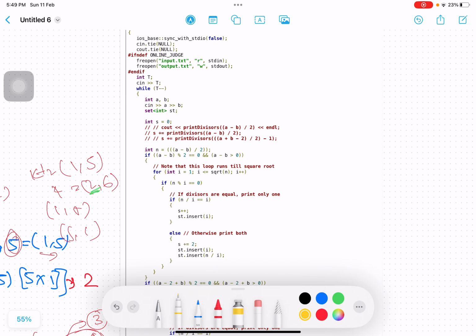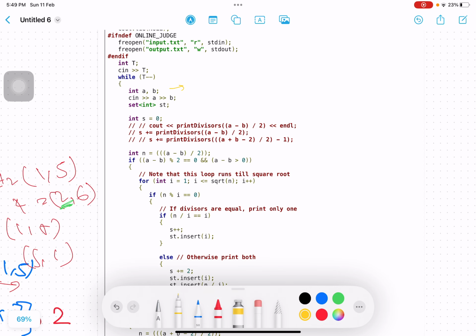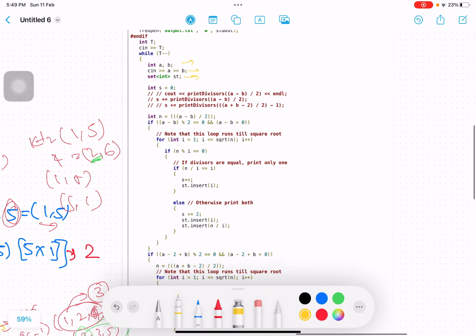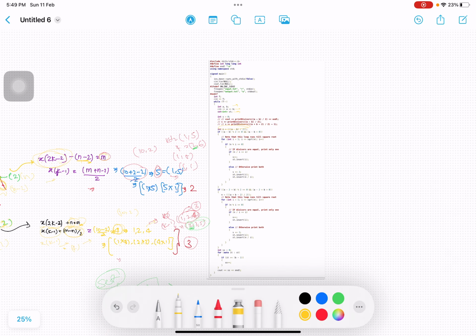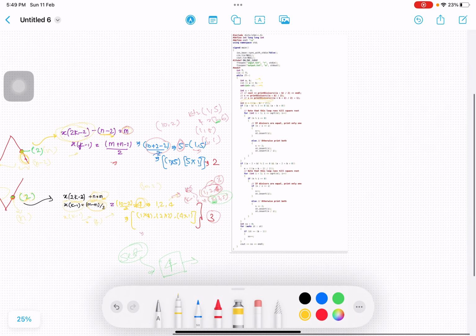So now we will understand our code. In this code we first take input a and b and then a set st. Here we are checking for this case, n equal to a minus 2 divided by 2, and we are just using a simple code for finding factors of a number, which I have copied from GFG. One extra thing we have to add is to check if this is even or not, and a minus 2 should be greater than 0. For this also we have to check if it is even and this one is greater than 0, and at the end we will just